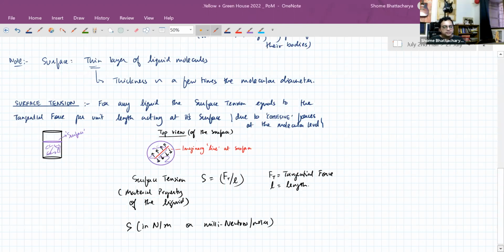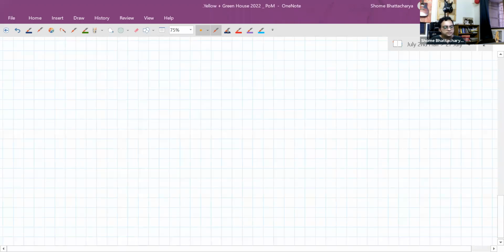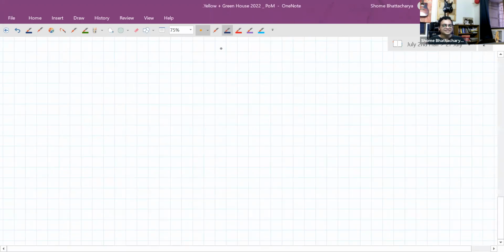Okay, now the next property that we associate very closely with the surface is the so-called surface energy, which is